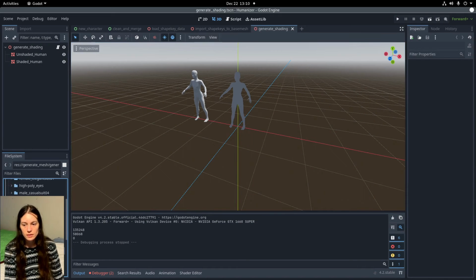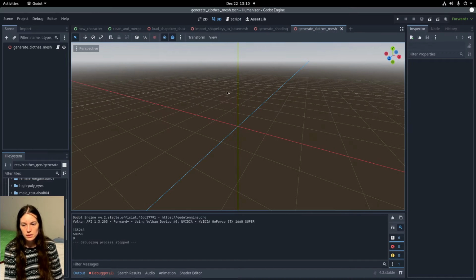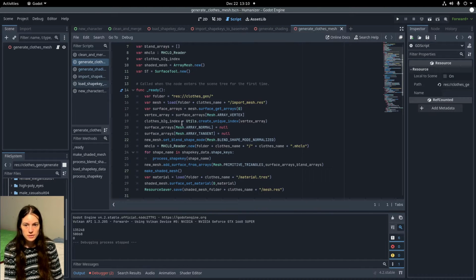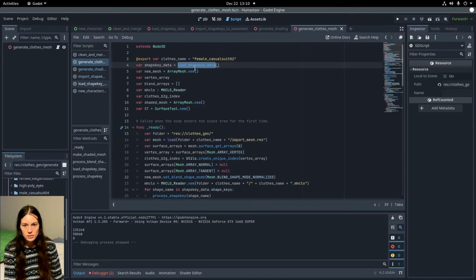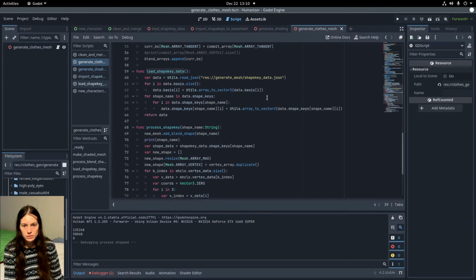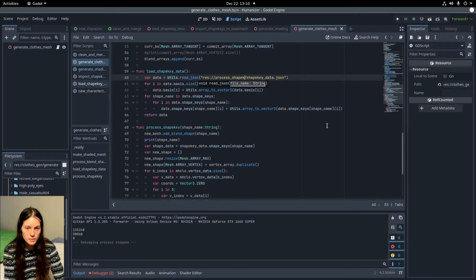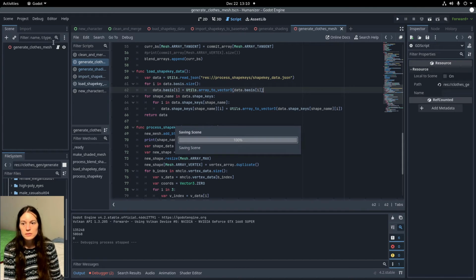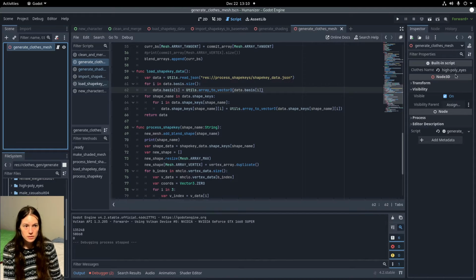So I'll open up the clothes generator, and I need to change the shape key folder to the process shape keys. And in the editor, I'll change the clothes name to the high poly eyes, so you can see it's already set. But if I reset it, it'll be the female casual suit. So I'll set the high poly eyes